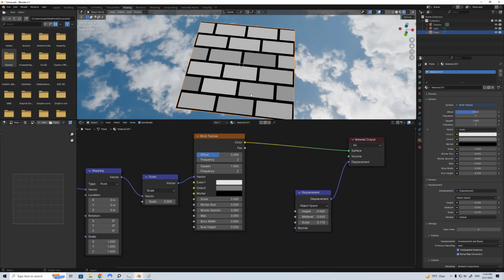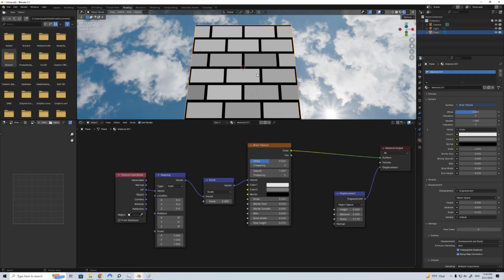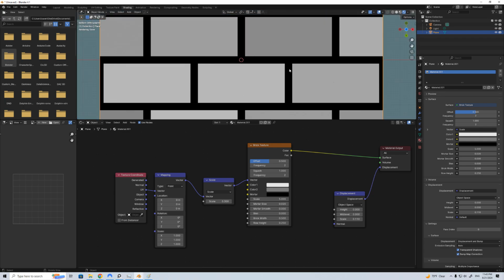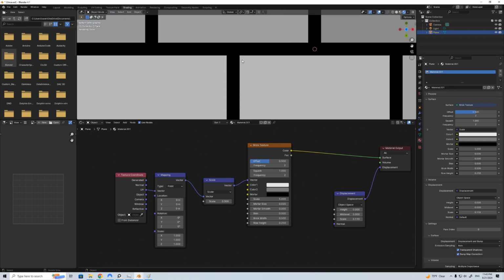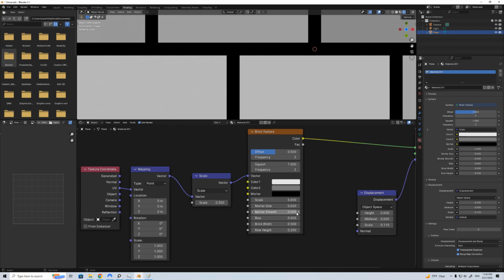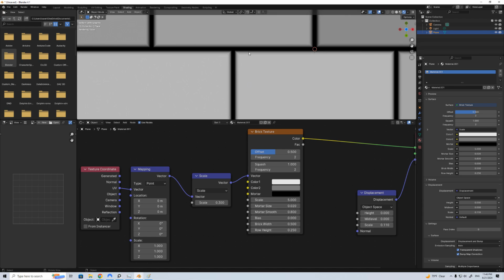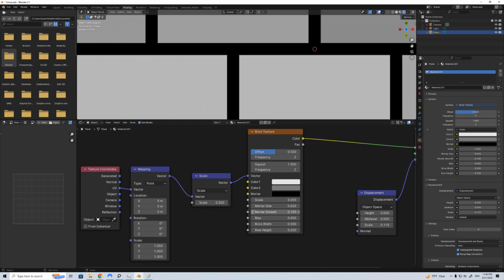So this is a basic brick texture that's being plugged into a plane in Blender, and I'm going to show you some things that you can't do with this basic brick texture. So let's say you wanted to bevel these corners. They give us this mortar smooth, but as you can see, it doesn't bevel these corners, it just adds a gradient to these edges. Also, the space in between these bricks changes as we change this mortar smoothness,